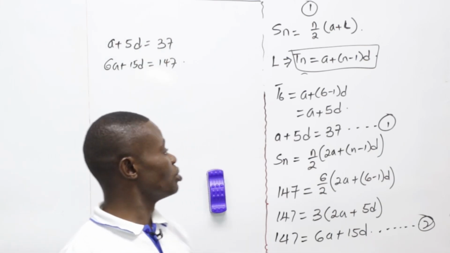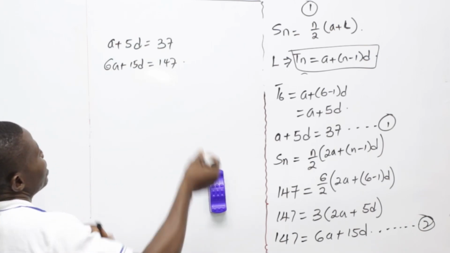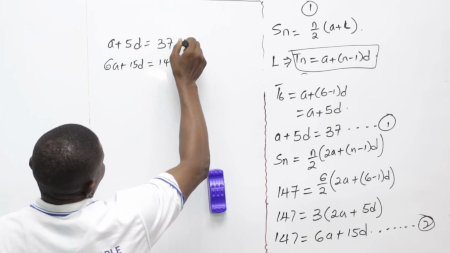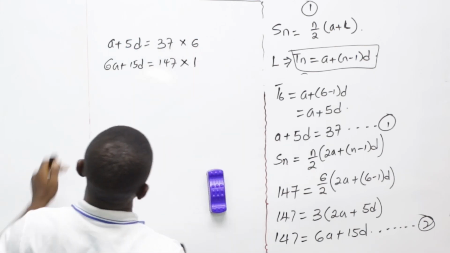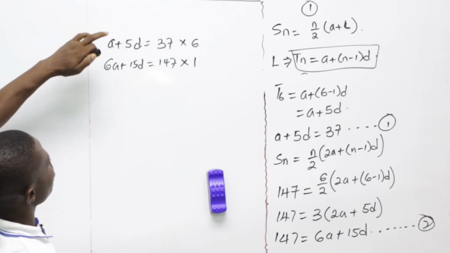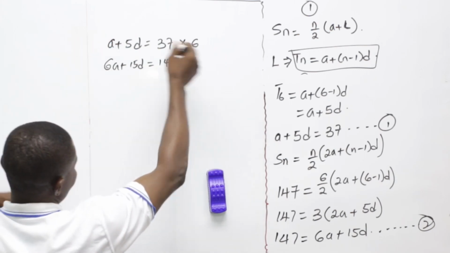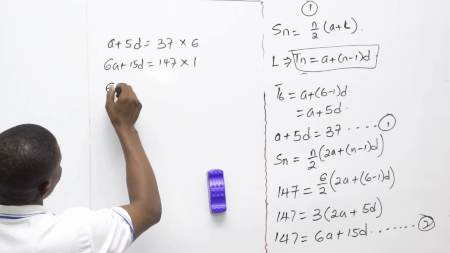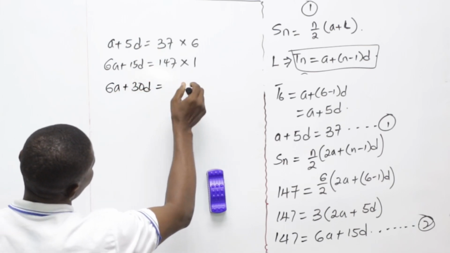Therefore, we multiply by the coefficients: equation 1 multiplied by 6, while equation 2 multiplied by 1, because the coefficient of the first term here is 1, while here it is 6. So you multiply them out by saying 6a plus 30d equals